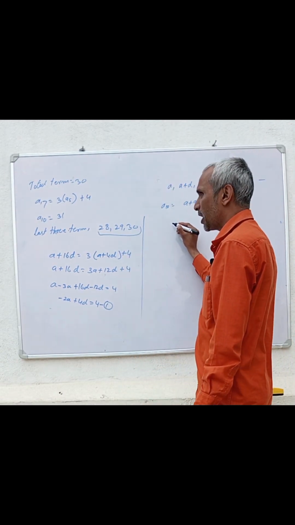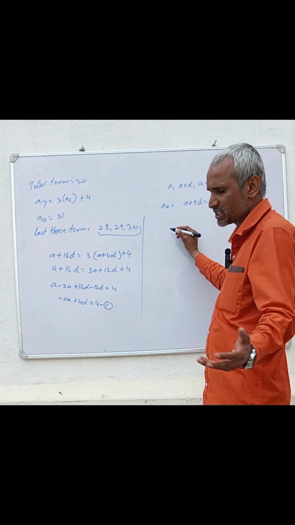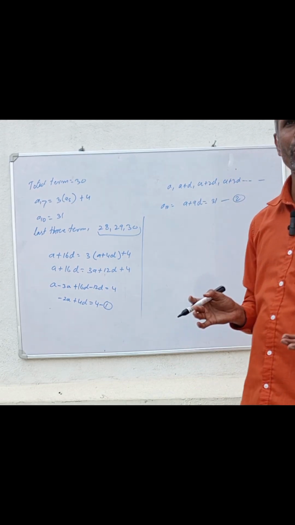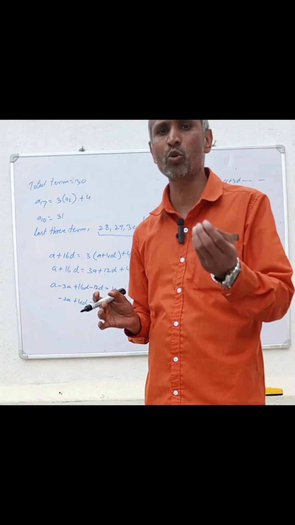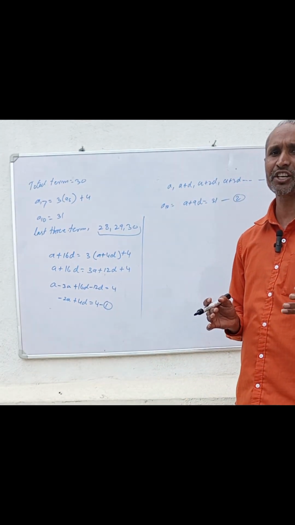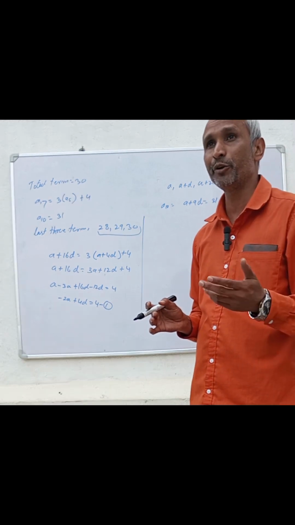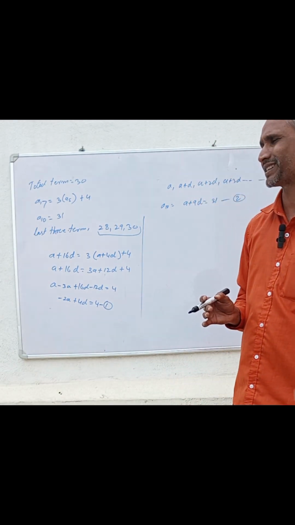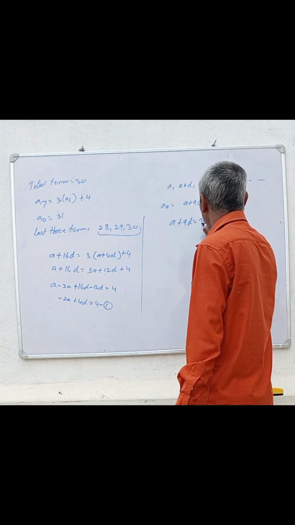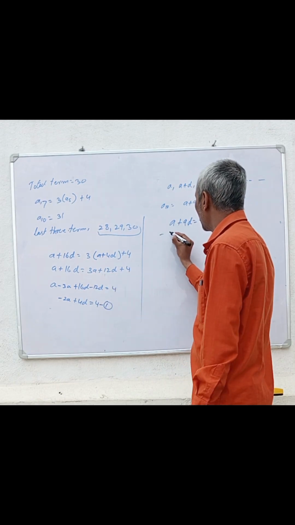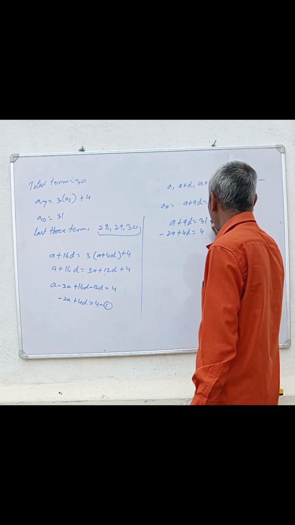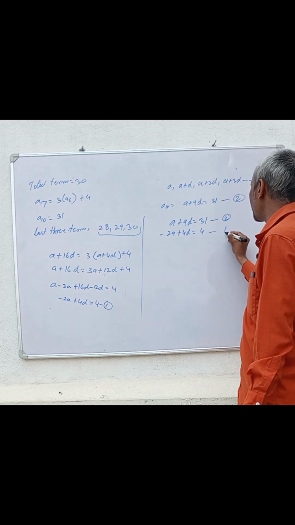So we write them one above the other and solve by the elimination method or the substitution method. For your Karnataka board state syllabus, only these 2 methods are given. If you go higher, there are 2 other methods, that is the cross multiplication method and the reducing method or matrix method. Matrix. In that, A plus 9D is equal to 31, and written downside, minus 2A plus 4D is equal to 4. It is equation number 2, and this is equation 1.